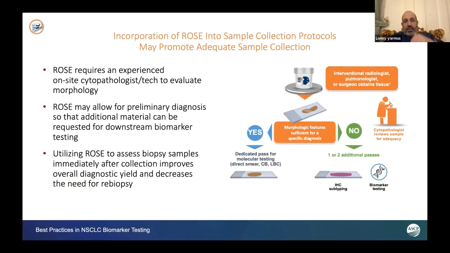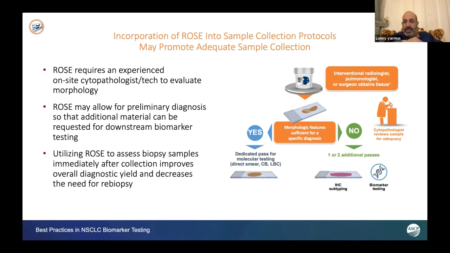Again, briefly, ROSE is, in my opinion, the most important aspect of our procedure. My expertise in the procedure, I don't think is nearly as important as the quality of our ROSE technicians at Hopkins. Some centers use pathology, some use cytopathologists. Ours are cytotechnologists. They're amazing. They're well experienced. As I said, it allows for preliminary diagnosis and downstream biomarker testing, and rapidly decreases the need